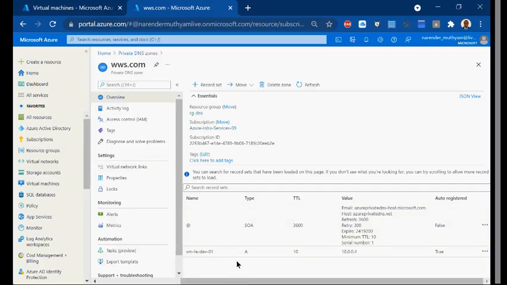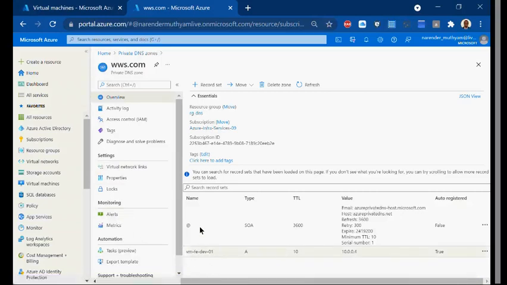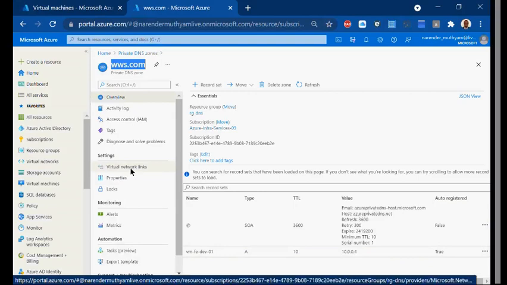This is private DNS. That way this DNS will maintain records of all my VMs, and whenever any VM wants to talk to another VM, it will get the IP from this private DNS. It is not going outside of Azure, right? It is within Azure. That is the reason we call it private DNS. And again, you have to link it. No matter how many VNets you have, and no matter how many VMs you have, if you want their extension as www.com for their DNS names, then definitely you have to link it. So currently we have only one VNet, right?